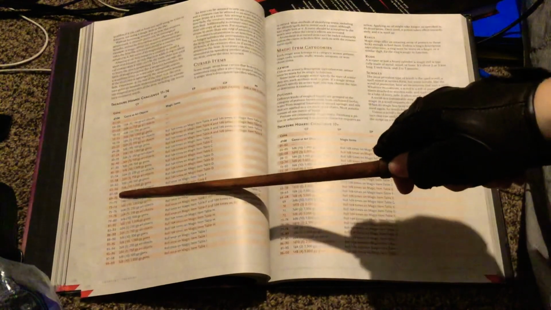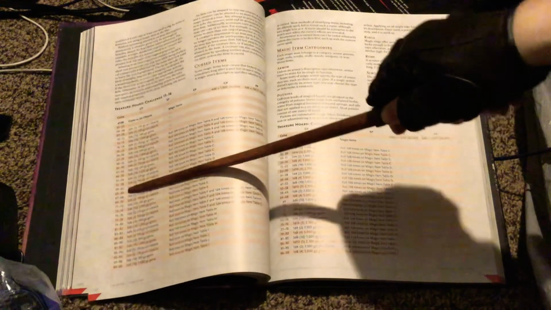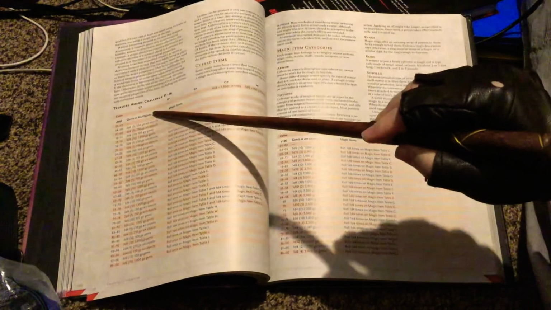I got a 64 again. That's interesting for those dice. All right, so 64 is going to be this line right here. This one, yeah. Nope, that one, sorry. This line right here. So you would follow this line across, and it'll tell you in this column if there